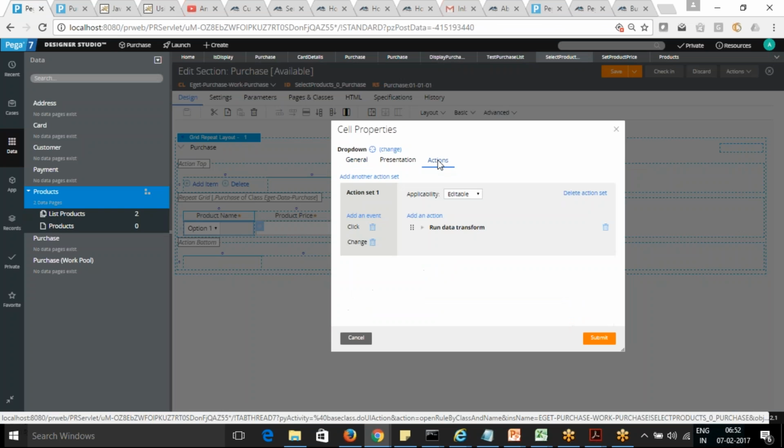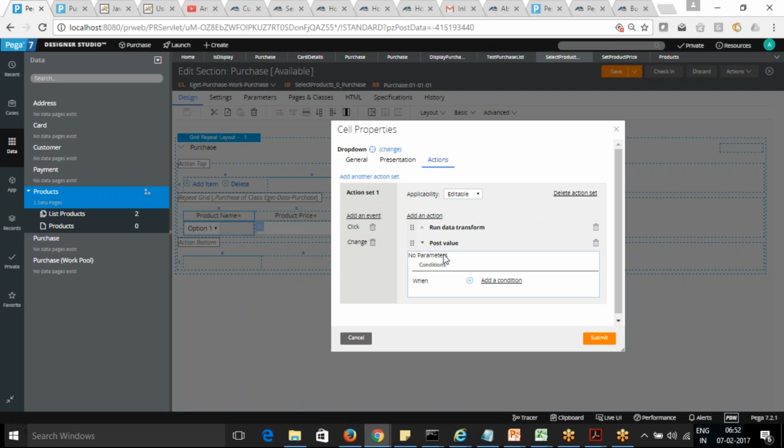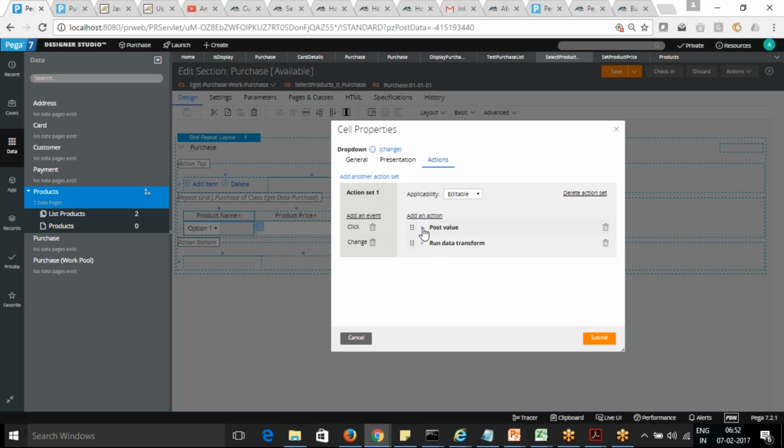In the action tab, we need to add one more action, post values. The post value should be decoder and data transform. What the post value does is it takes from the screen and moves into the variable. Many times we choose in the grid and the values don't move there, so sometimes we are not able to see that.